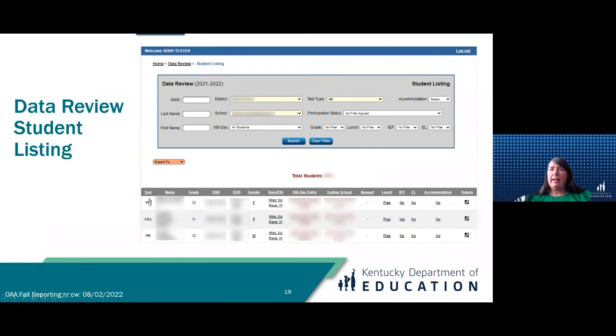And then when you get to your student listings, you're going to see the test type. If you selected all your student listings, you'll see every test type in the students there. And remember that when you look at all of them, you'll see all the tests that they participated in. Some of our students participate in multiple assessments. And so don't get alarmed when you see a kid who is the same kid who may be there